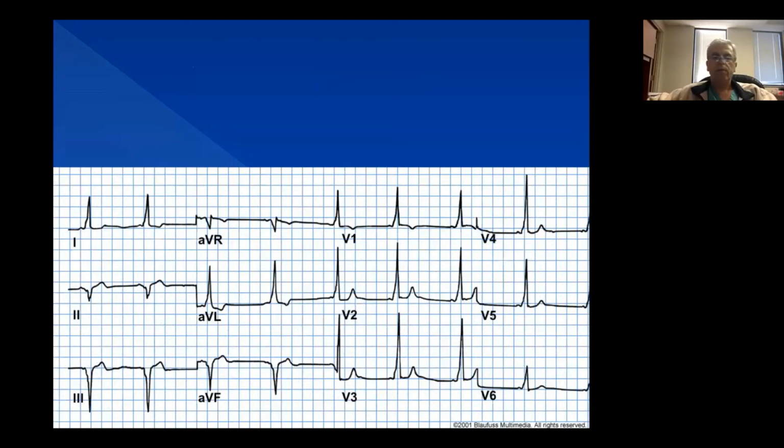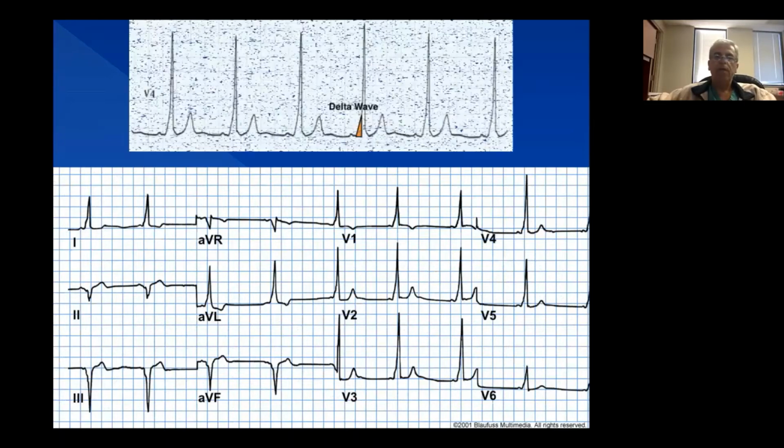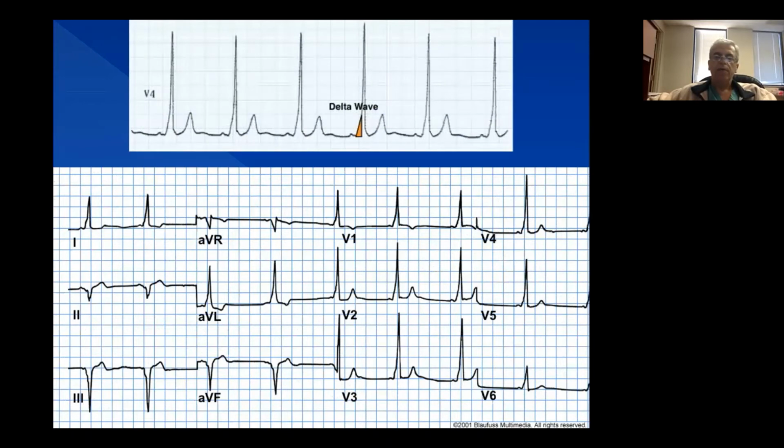This is a typical 12-lead ECG of what we call ventricular pre-excitation. As I said, the accessory pathway between the atria and the ventricles is usually fast conducting, so you don't have the delay you usually see with AV node. The delay in conduction in the AV node is what gives us the PR interval or the PR segment. Here you see the P wave, and immediately after it, you have the QRS starting with a small area we